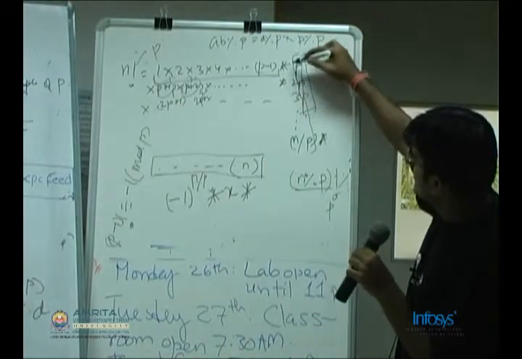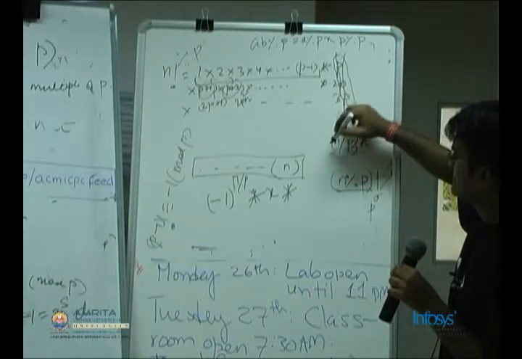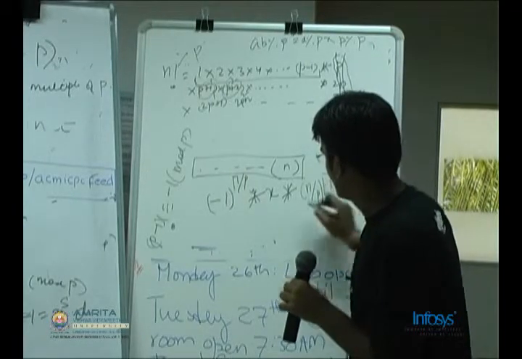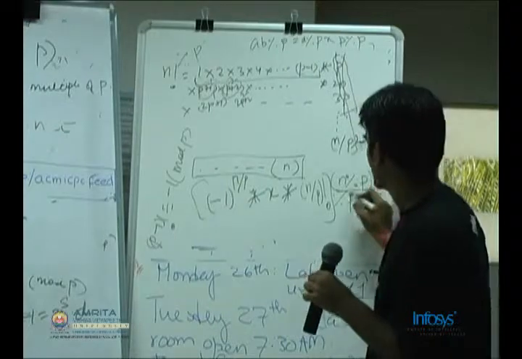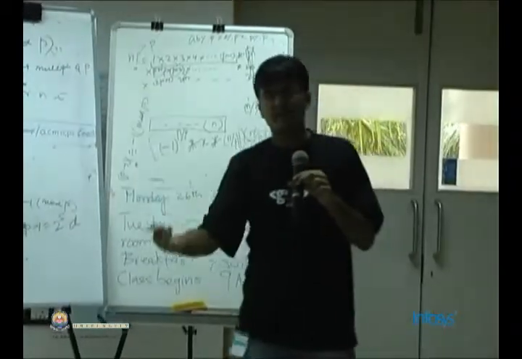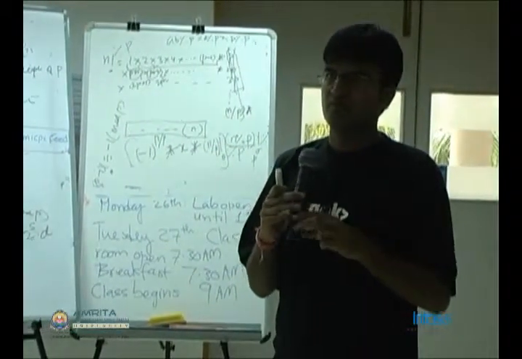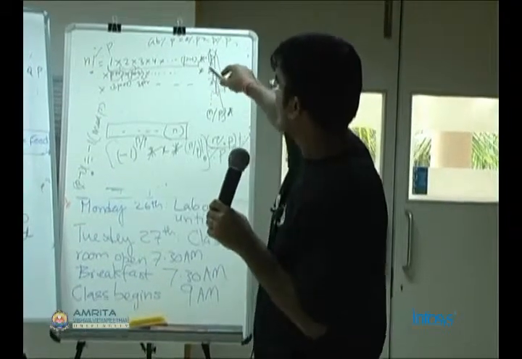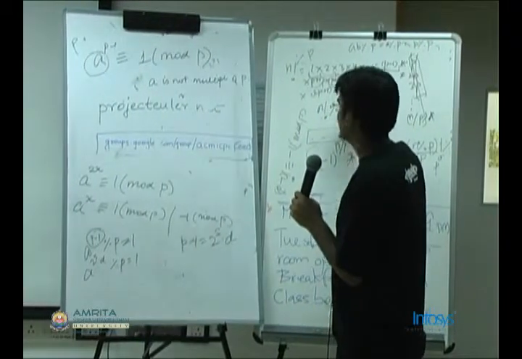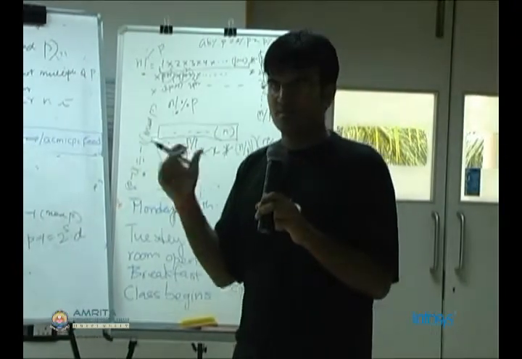now if we remove this P part, this is 1 into 2 into 3 into 4 till n by P. So that is n by P factorial mod P. For finding n by P factorial mod P, we can call this function again recursively using the same method. This way we can find what n factorial mod P is when we have removed powers of P from n factorial. Is this part clear?